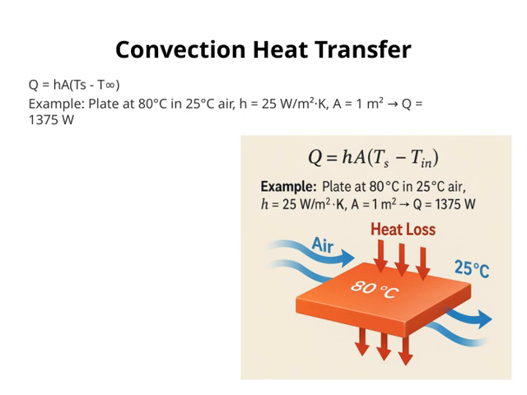For example, imagine a plate at 80 degrees Celsius sitting in 25 degrees Celsius air. If the convective heat transfer coefficient, h, is 25 watts per square meter Kelvin, and the plate has an area of 1 square meter, then the heat transfer rate, Q, comes out to about 1375 watts. This example helps us see how the different factors, temperature difference, surface area, and the convective coefficient, combine to determine